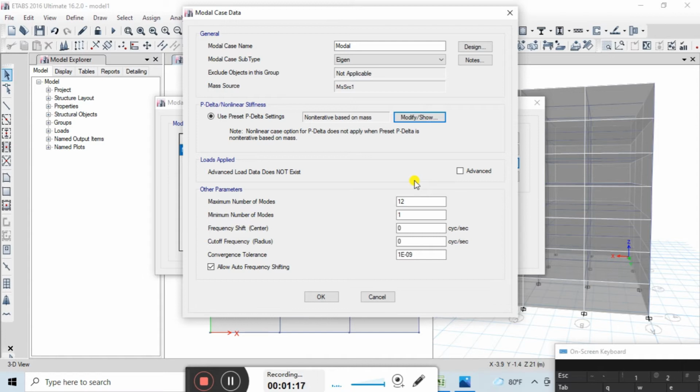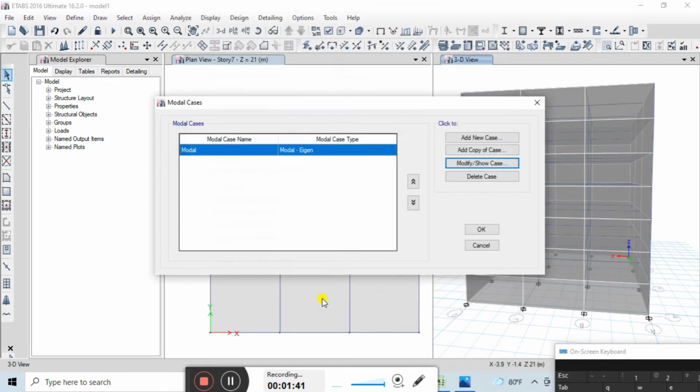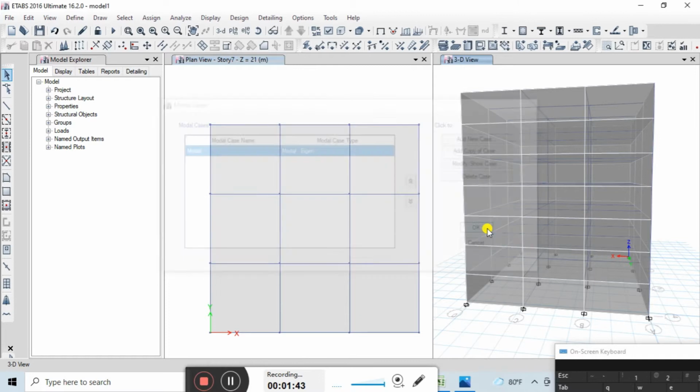In case it doesn't satisfy the 90% modal participation ratio, we need to increase the number of modes, and at the end we will see whether the maximum number of modes, considering 12, satisfies the 90% or not. If it doesn't, we will increase the number of modes later, but for now we will keep it the same, then press OK, then again OK.